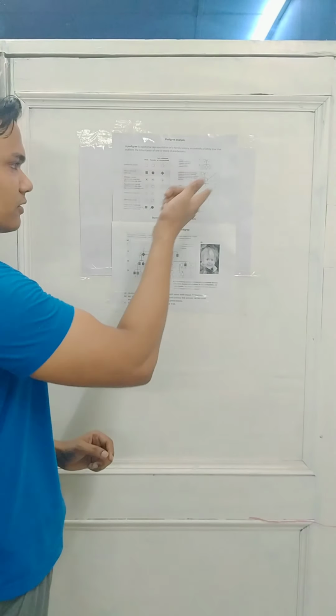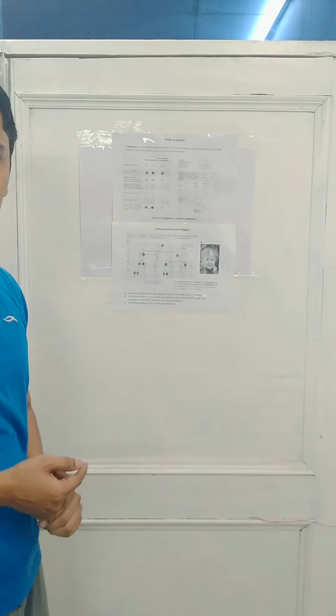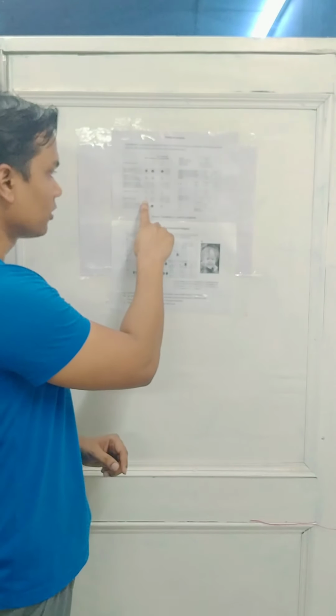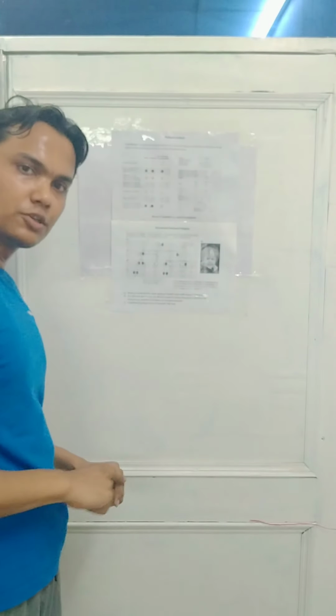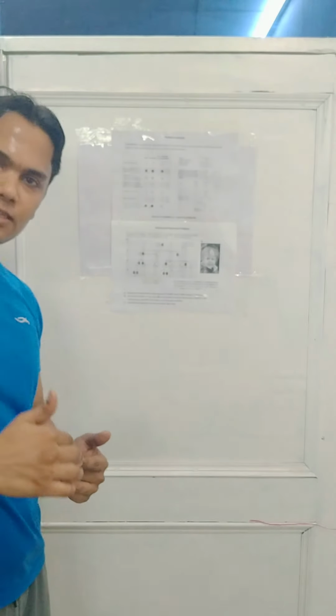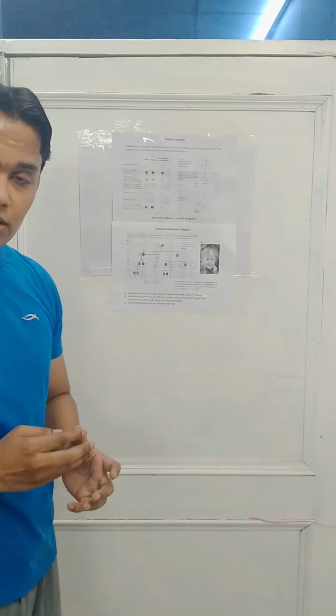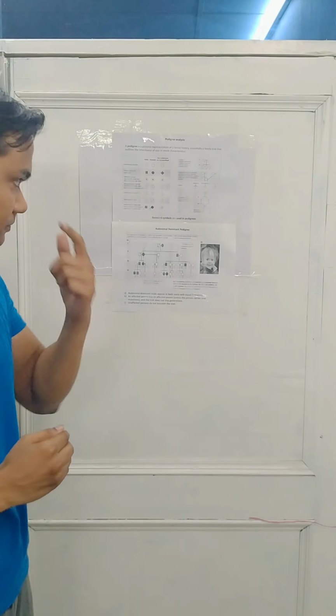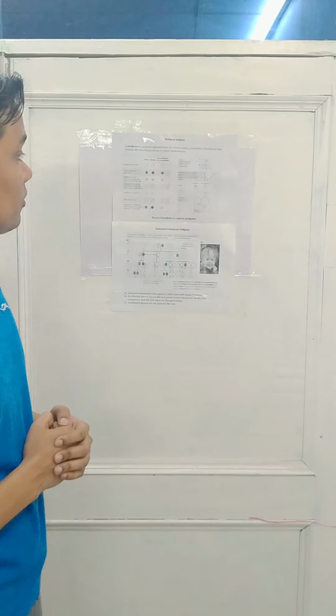In those cases, we use a horizontal line at a 45-degree angle. If it is a male who has died or is diseased, then we use a line across the square box to represent that this male has died, and the same goes for the female. A line at 45 degrees, it is a female.